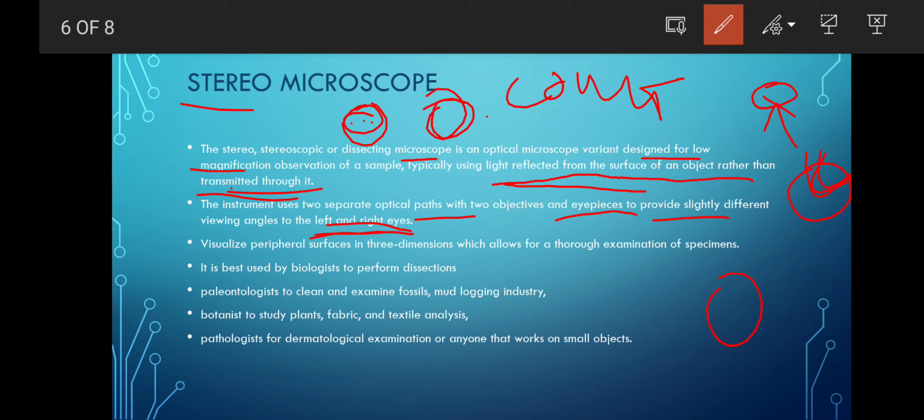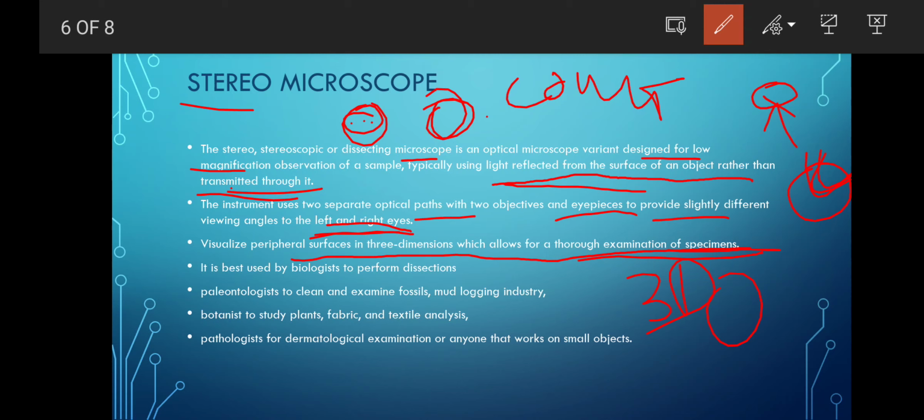As a result, we can see a 3D image of that particular object, visualizing the surface in three dimensions, which allows a thorough examination of the specimen. After seeing the 3D image we can examine small marks or anything.